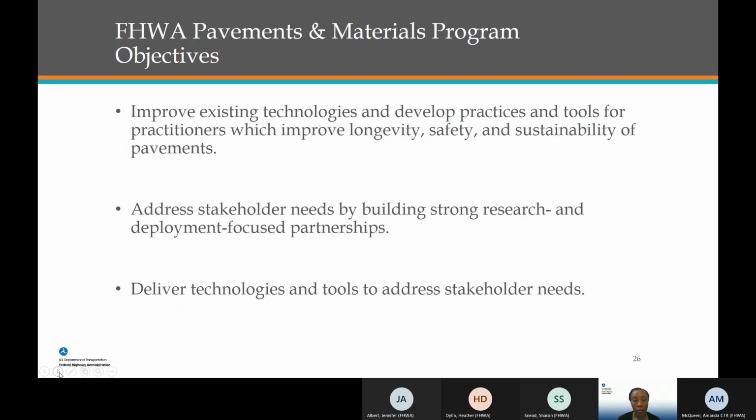As we continue to talk today, and really over the next few months as part of this webinar series, I hope that you will see that our program is very much focused on performance and optimized pavement performance, but understanding that we can only do that through continuous communication and involvement with our stakeholders. Next slide.